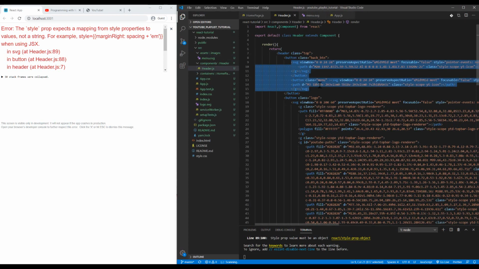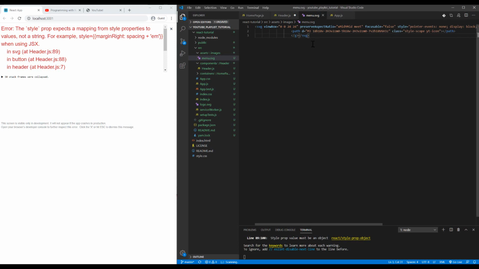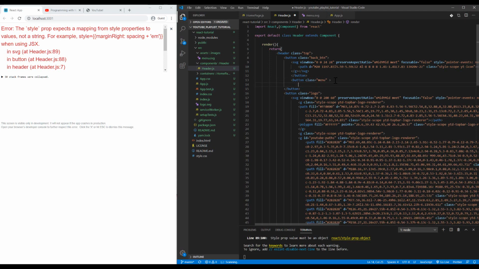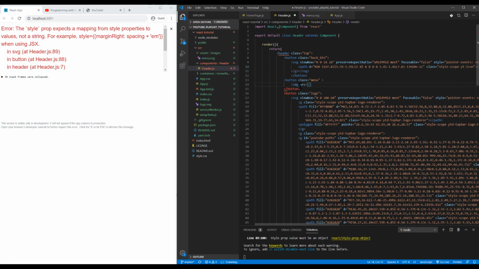Yeah, and this SVG should be removed from here and should be here, and now I can import it using image component. So I need to have a new image, and this src is gonna be my SVG file. I need to import it